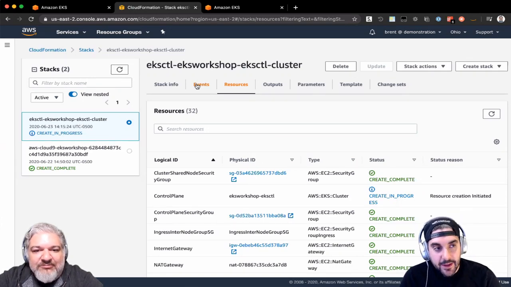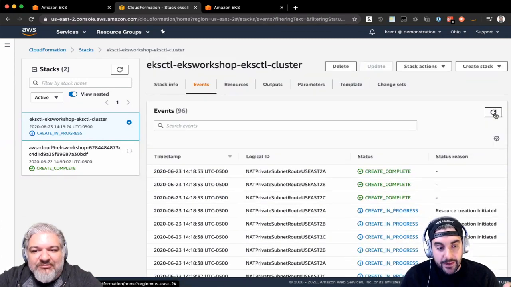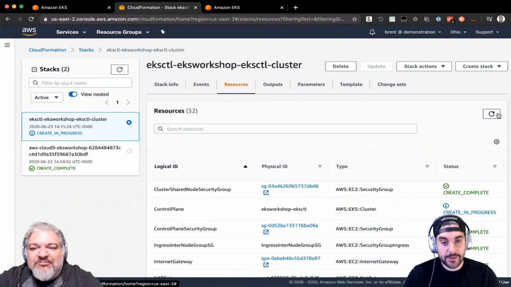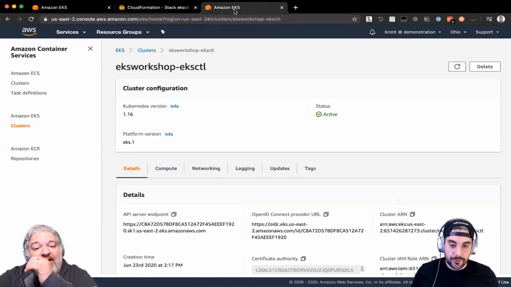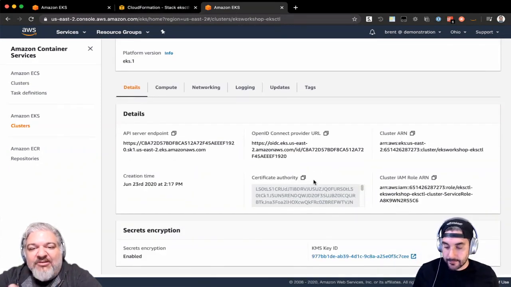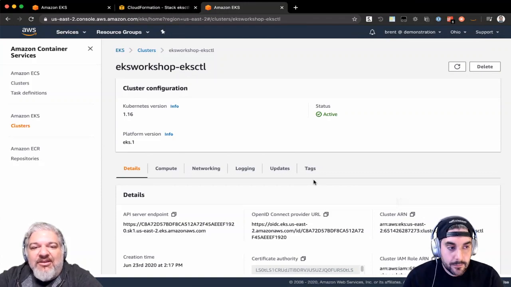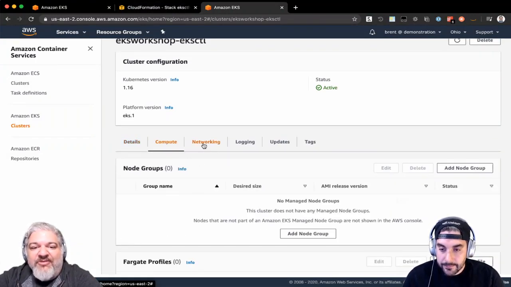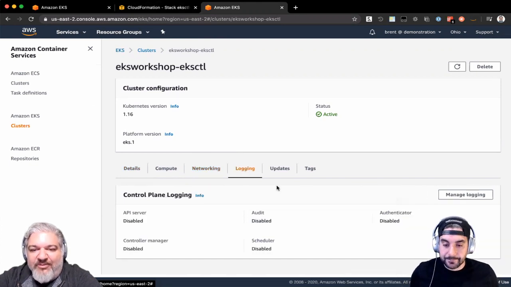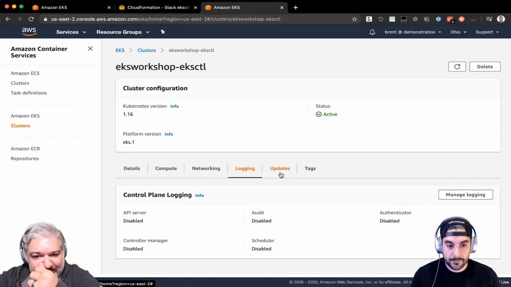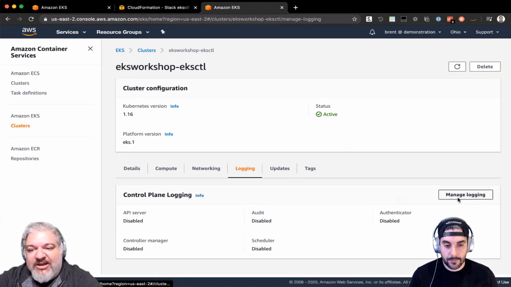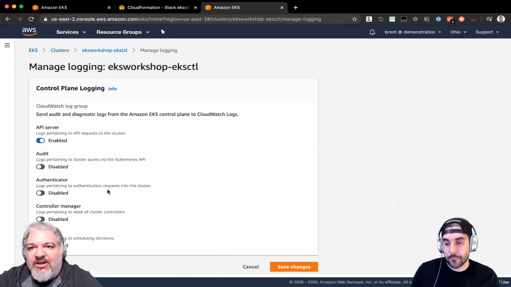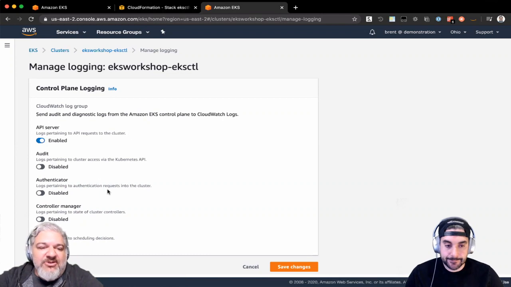Yeah, and I think it may be cool to touch on the EKS console. We've made quite a few improvements over the past couple of months to the EKS console itself. When we first launched EKS, the whole console was a single page, and it was like this big. But now you can actually see node group information, networking information, logging information. One of the things that I didn't do in my config file was turn on control plane logging. So if I wanted to do that, I could do that here in the console, and I could have API server logs turned on. And that way, those logs automatically get shipped to CloudWatch logs, or authenticate, or all of these if I want. So let's just turn them all on,